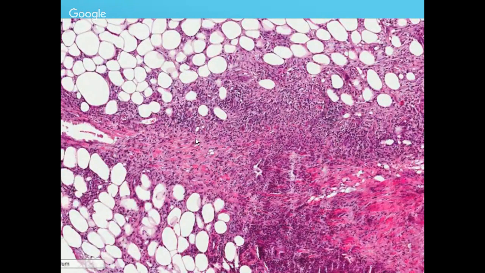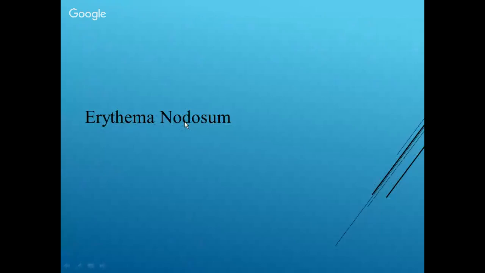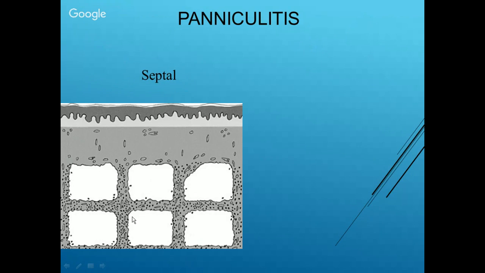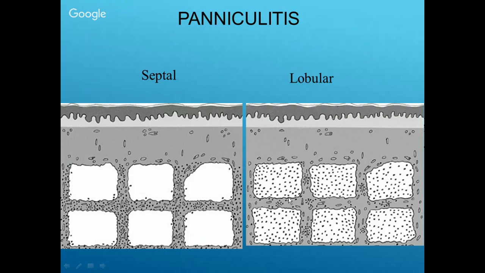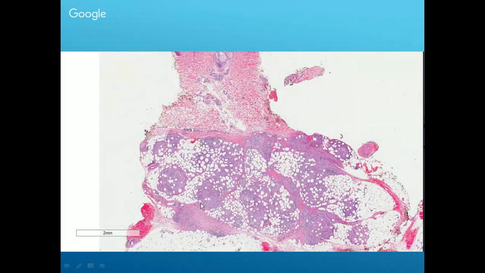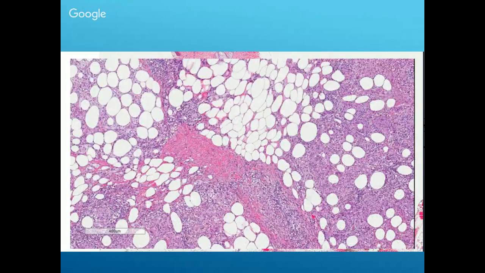So if it is a septal panniculitis, what do you see in this? You see a lot of inflammation in the septa, thickened septa, giant cells. So it's like a granulomatous inflammation in the septa actually. So this is erythema nodosum, panniculitis. So when the inflammation is limited to the septa, your main thing to think of is erythema nodosum. And when it is lobular, so this is a prototypical lesion of lobular panniculitis. So when you're thinking of panniculitis, you should ask yourself, is the inflammation limited to the septa, or is it septal and lobular? So when it is septal, you think of erythema nodosum, and when it is lobular, yeah,